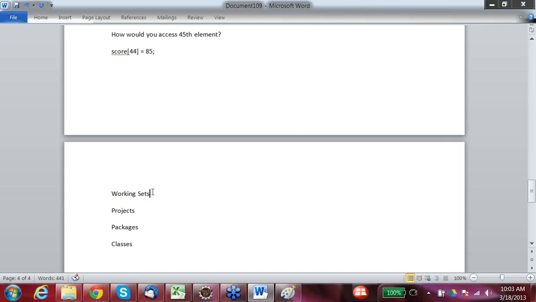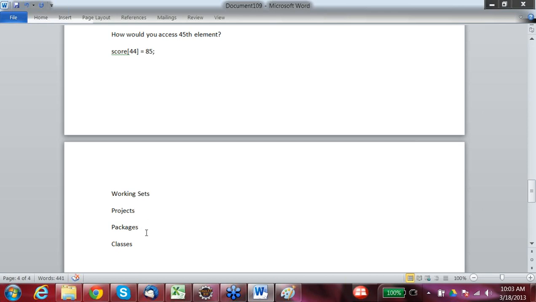So in Eclipse, we create working sets. Working sets means it's a kind of a different workspace. Let's say when I'm giving a class demo, I want those set of classes in a different workspace. Maybe when I'm doing some practice programs, I want to put that in a different workspace. Then you create a project. Let's say you want to write all your classes related to a mortgage calculator into one project. Your mortgage calculator is your project. Maybe tomorrow Verizon Wireless is your project. So a project contains various packages and the classes related to that particular project.